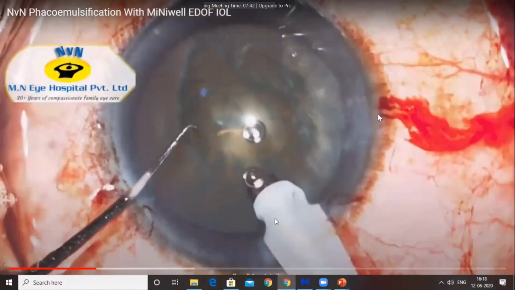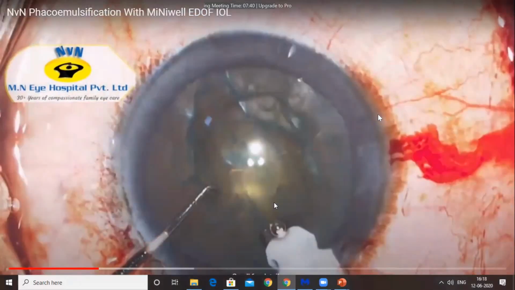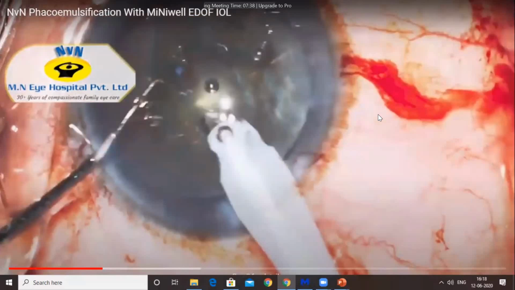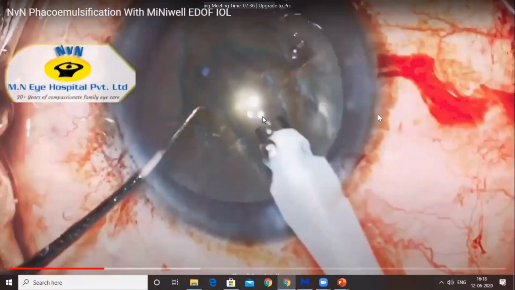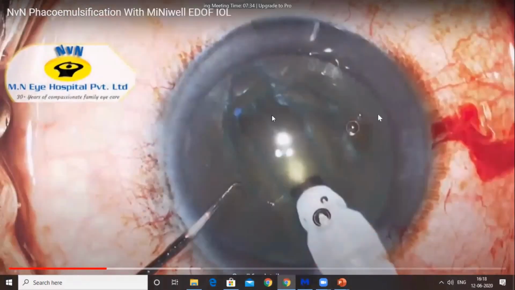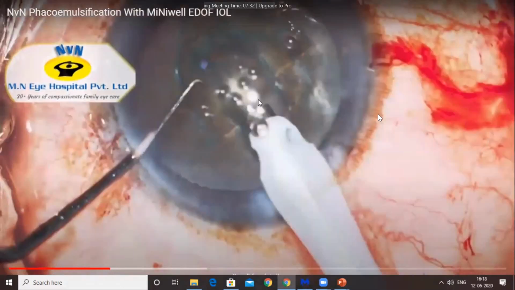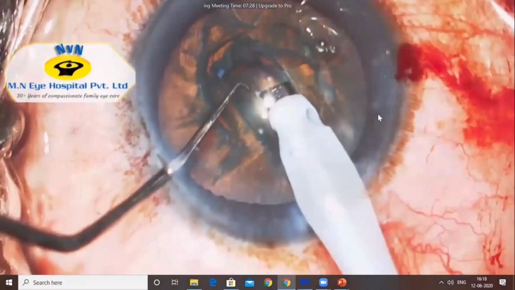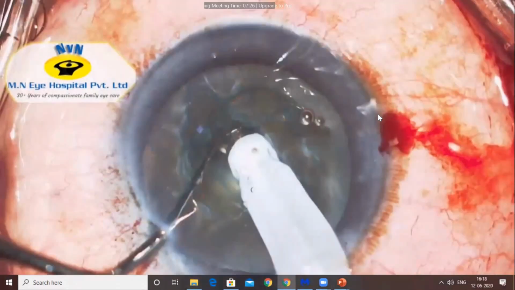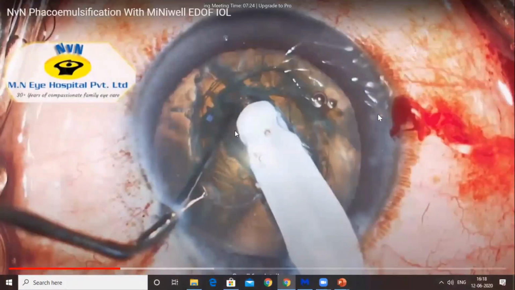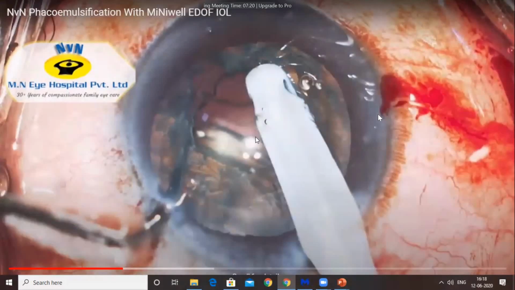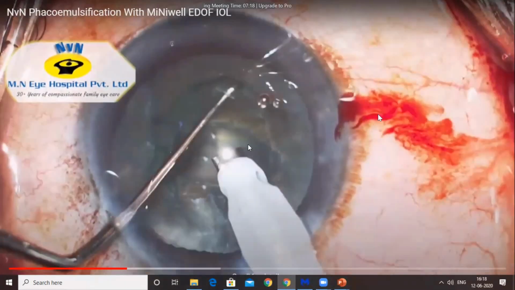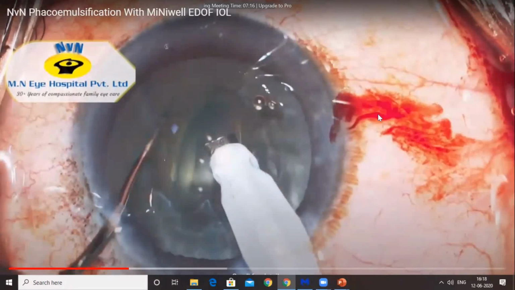So here, one more stretching is now initiated. This is the phaco method, in which the doctor is cutting the lens into two parts. Separation can then be done by placing both the instruments at the bottom of the trench and then splitting them. So the doctor is splitting the lens nucleus into two different parts, then the nucleus is rotated, and the same is done on the opposite side as well.